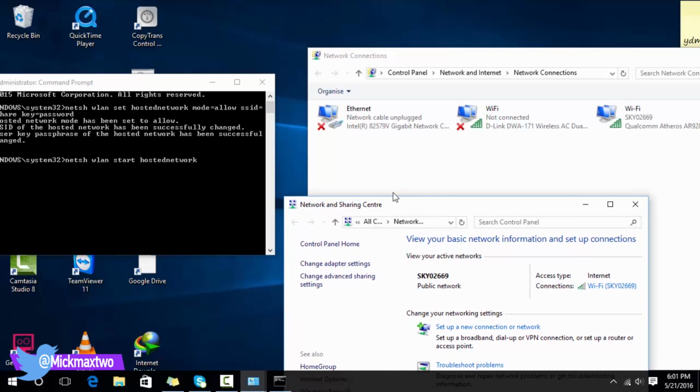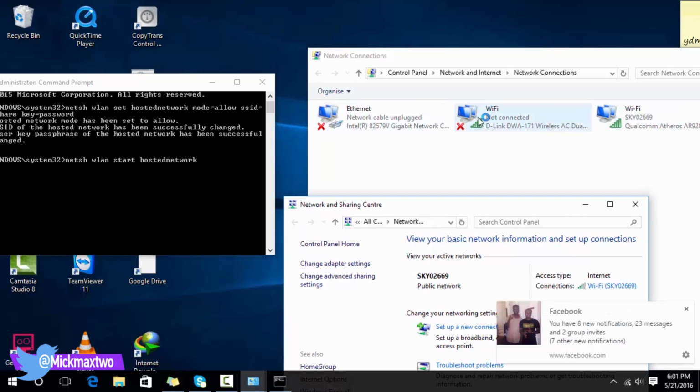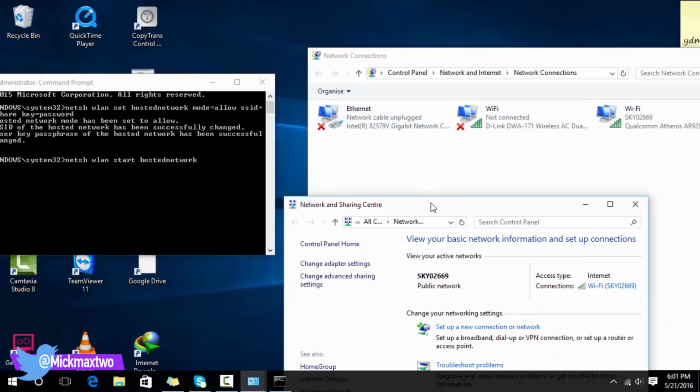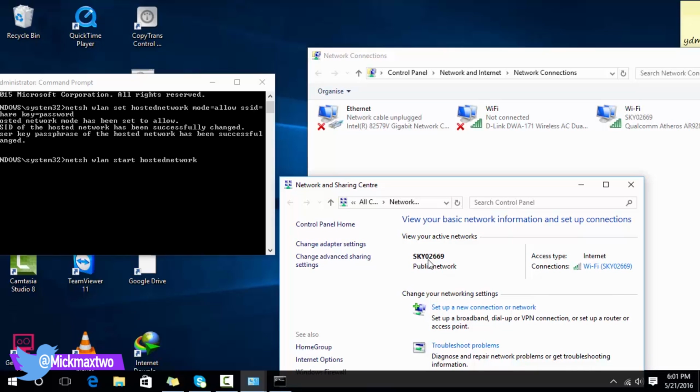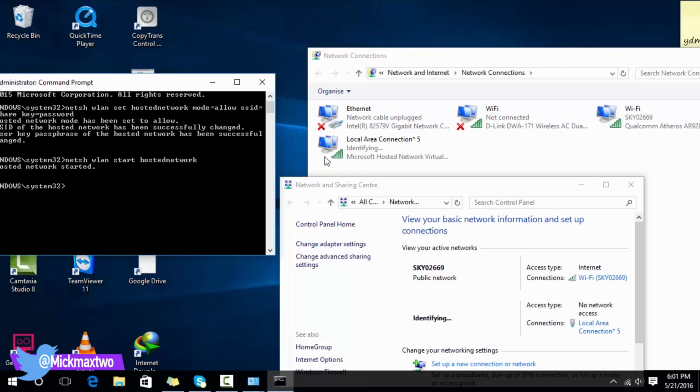So as you can see, there is just 3 network adapters showing up here, and our internet connection is just one, which is the Sky broadband. The moment I hit this command, see what happens. It creates another network, and now you see that network is setting up. So within a few moments it will set up the network, which will be the new network we just set up, the Wi-Fi share. Okay, so here we have it. Now the name is showing up here and there as well, which is the local area connection Wi-Fi share